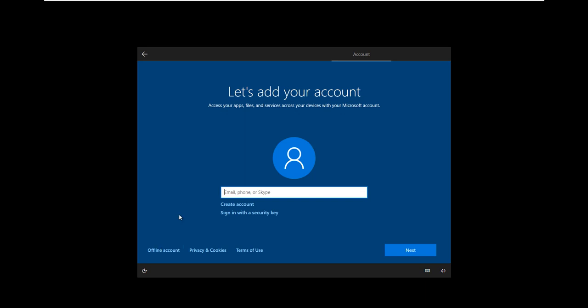Now what is the difference between using a Microsoft email account or an offline account? If you use the Microsoft account, your settings and profiles will be synced and uploaded to that Microsoft account. That means whenever you log in with the same account on any other device, these settings and profiles will be synced, so you will see the same things there as in this device.